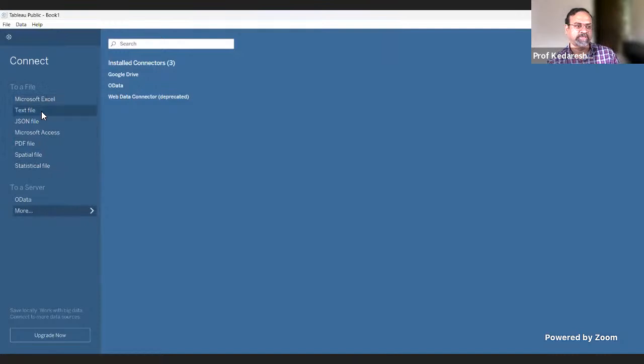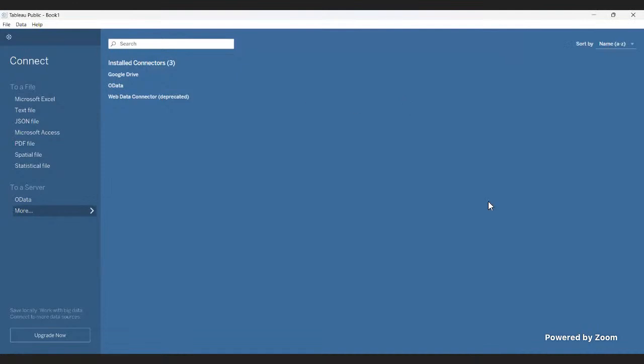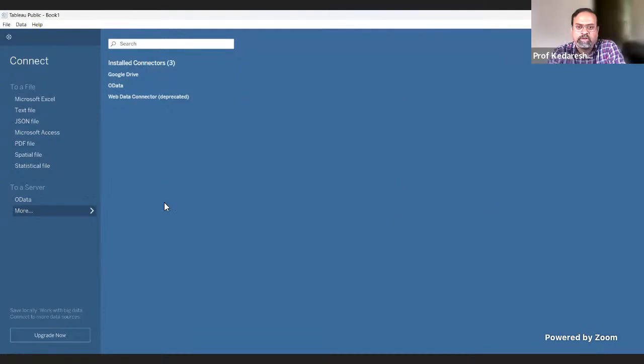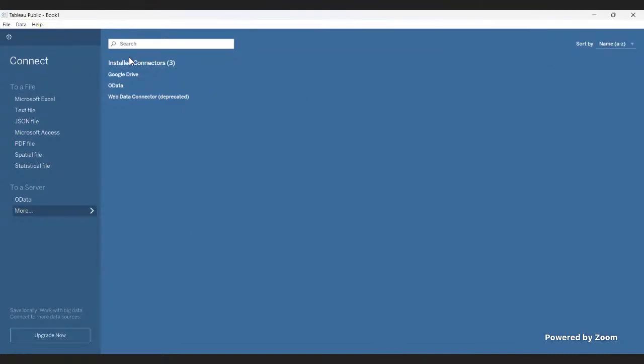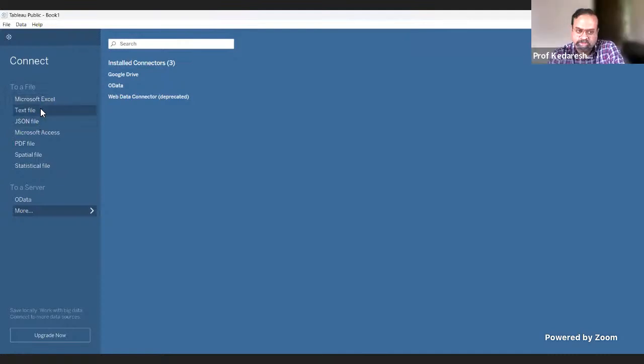They just have these basic connectors. But if you go to the paid version, or I'm sure if you're using the desktop version, you will see a lot more: all your databases, Oracle and MySQL and SQL Server, Microsoft SQL. And in the licensed version, there'll be more than 40-50 different types of connectors, because that's the whole idea, that we can connect to